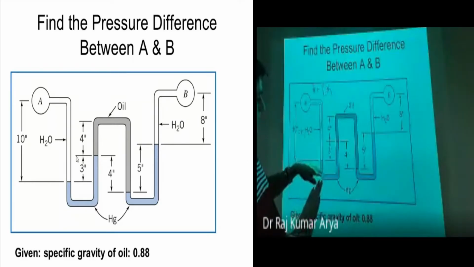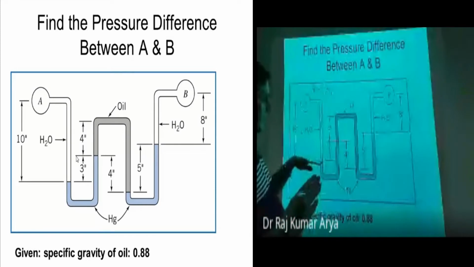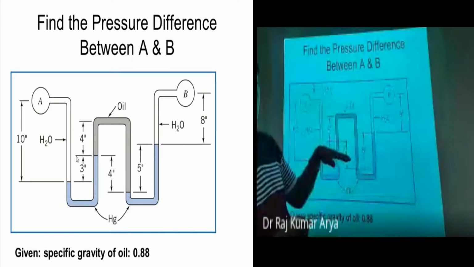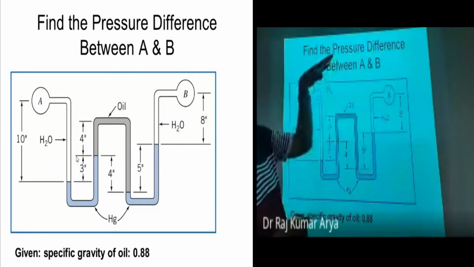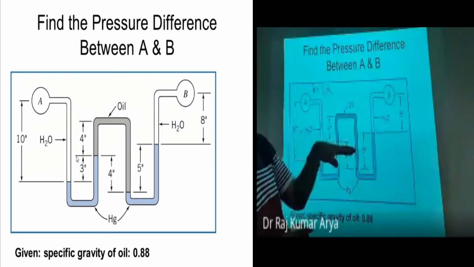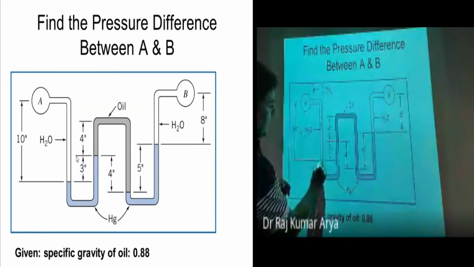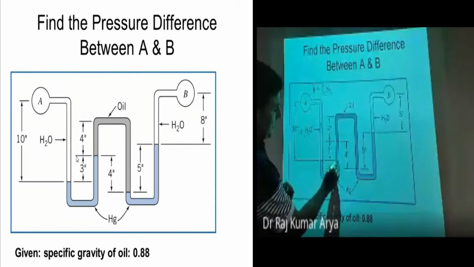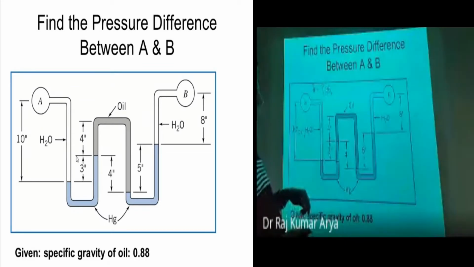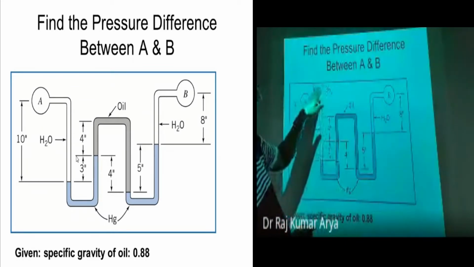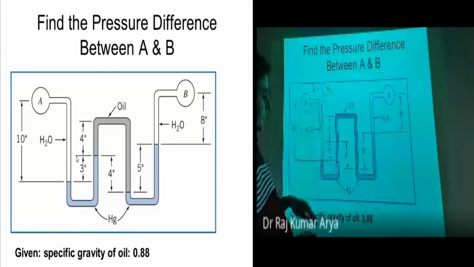After that, you have the mercury here. So within the same fluid, you can move horizontally because the pressure changes only with the elevation, not in horizontal side. Okay. So you can directly come to this particular point here. So from here to here, no change. So this equation, nothing would change here.